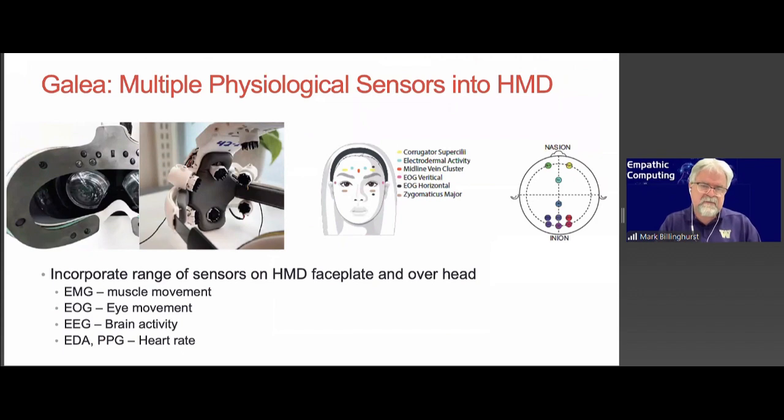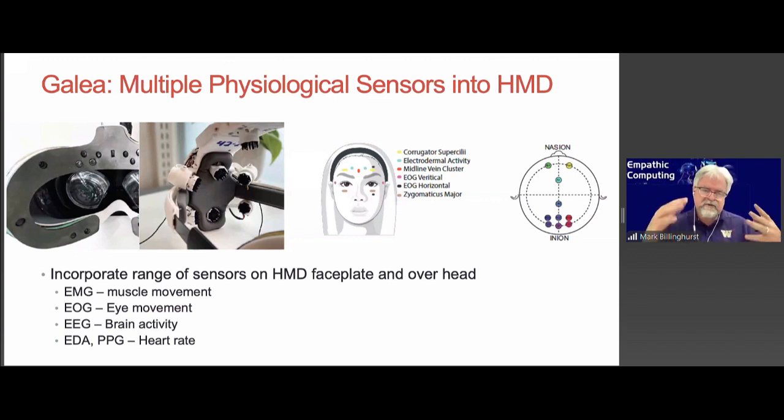So here's the Galea display. And the key is that the Galea and other displays have a faceplate that pushes against your face. And because the faceplate is pushing against your face, you can put sensors in the faceplate to measure a wide range of things like the EMG sensors for measuring muscle movement, EOG sensors, or EDA and PPG sensors for heart rate.